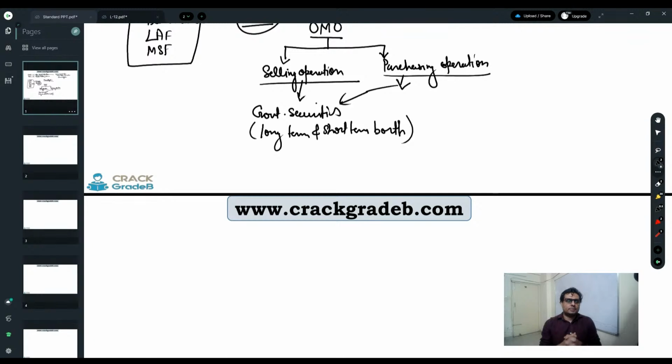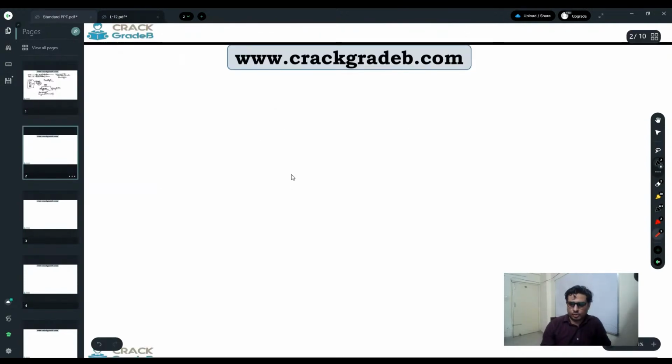And many times they do ask this question, especially in objective type questions. If RBI goes for selling, will liquidity in the market increase or decrease, right? Same question with a twist. Under the selling operation, I'll write this question so it will be easier for you to get, because the language is going to create an issue.